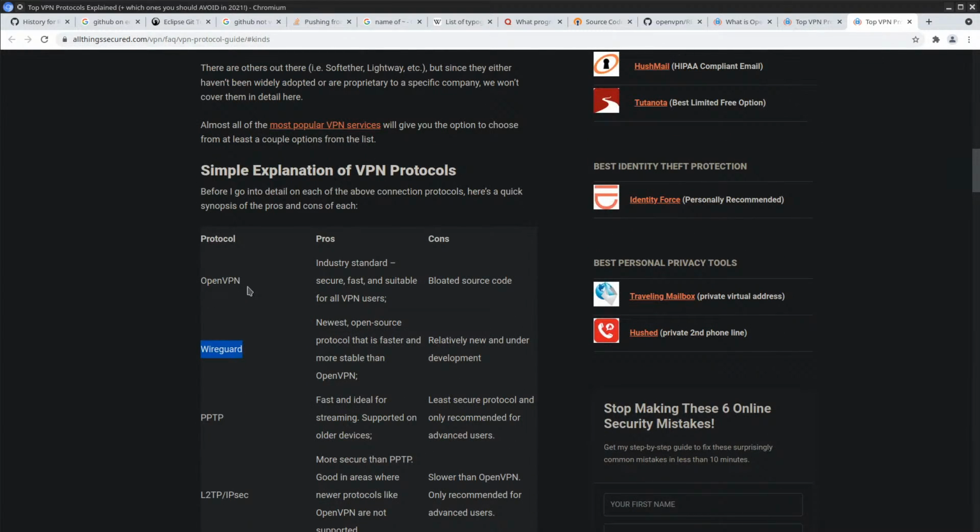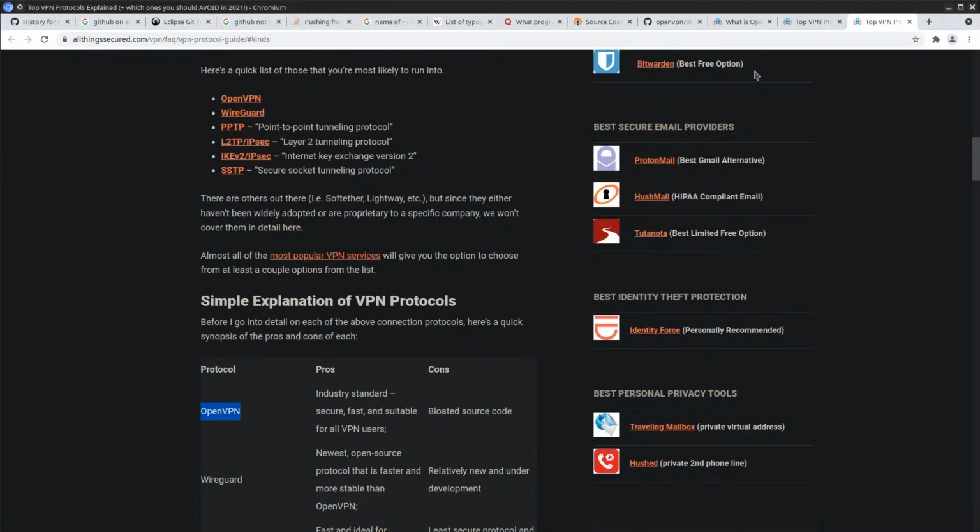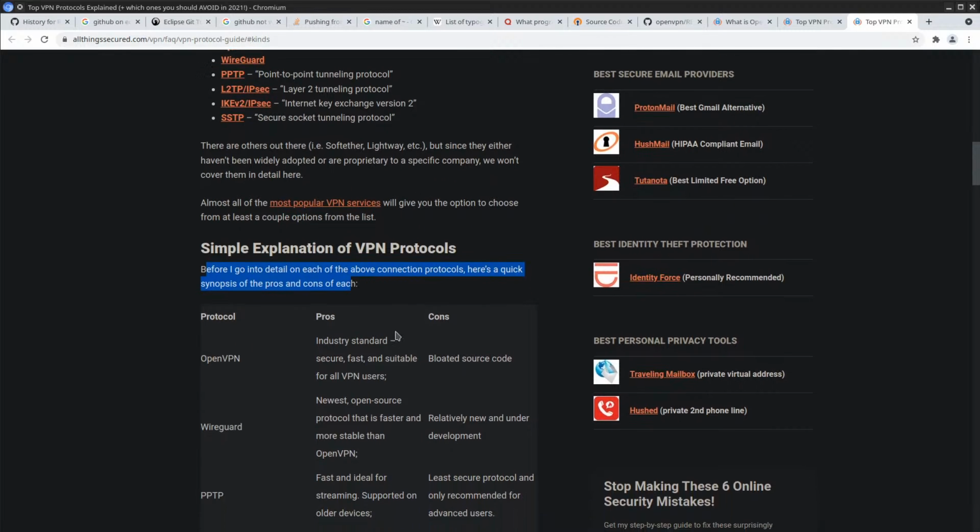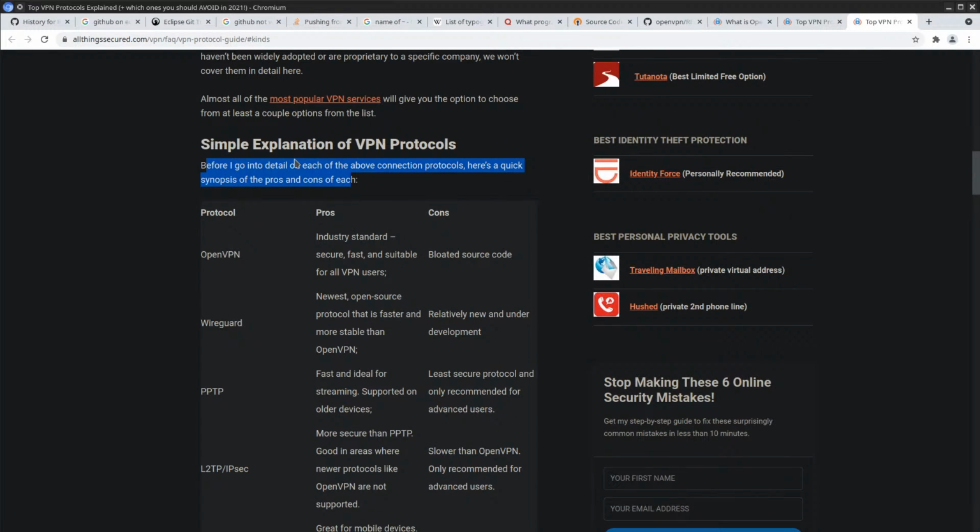Yeah, I guess this is the downside of OpenVPN, that it's been around so long and it's used by so many companies that it has just a lot of features. But I guess the other thing about OpenVPN is that everyone uses it, so there's always a benefit of that.